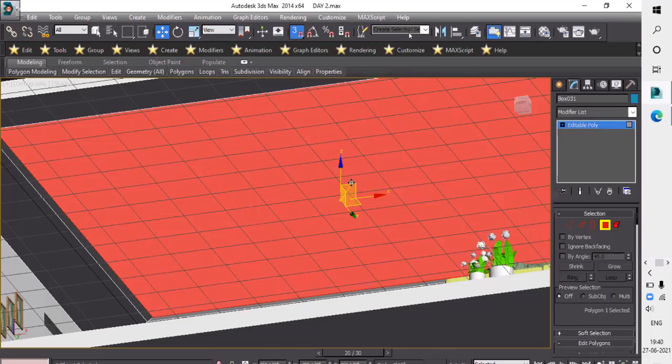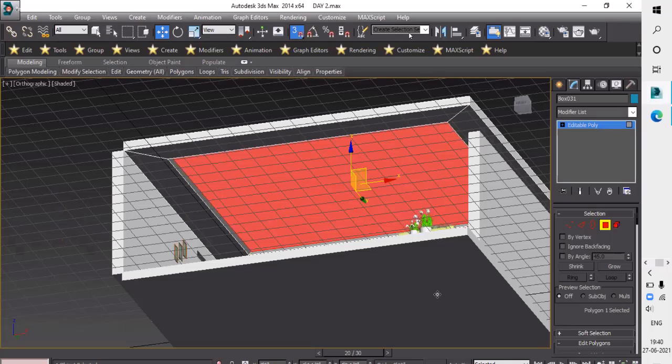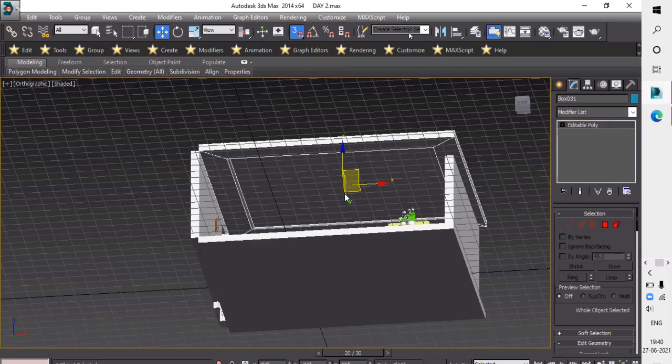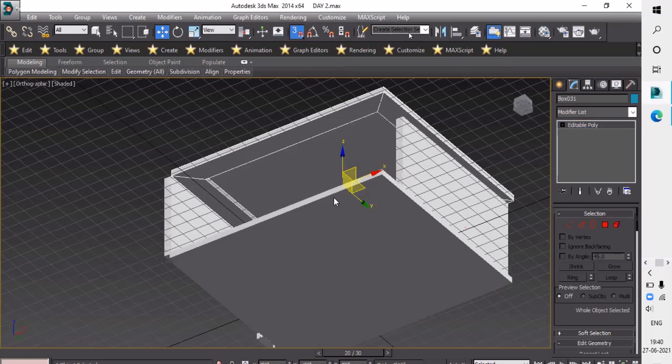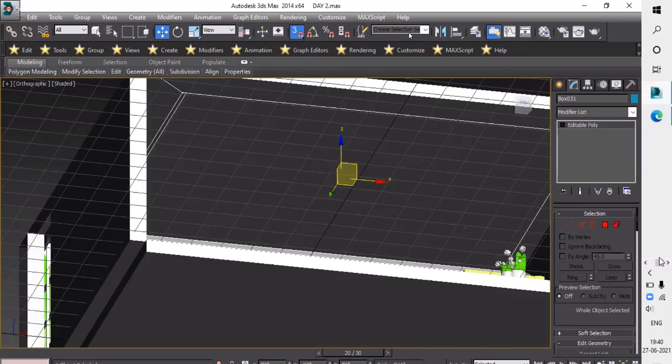And uncheck this polygon. When we uncheck it, the command will disappear. So it's a simple technique and trick to do this type of ceiling here.